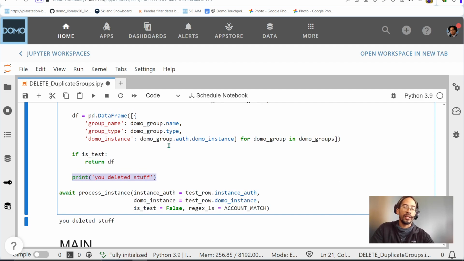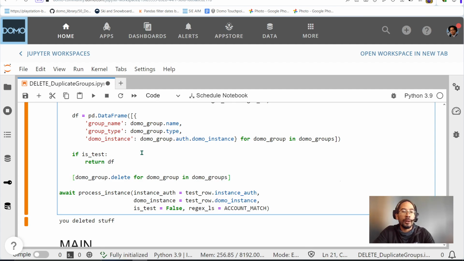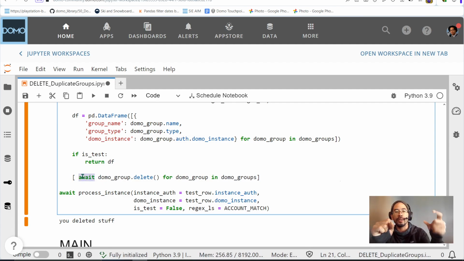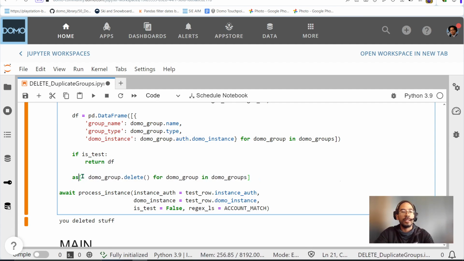There is a method called delete in each group. So I can run a function that says Domo group dot delete, and that's going to be a list comprehension for each Domo group in Domo groups. Now, Domo group dot delete is an asynchronous function, so I could write it as await, but this would run synchronously one after another. Instead, typically you would write asyncio.gather,